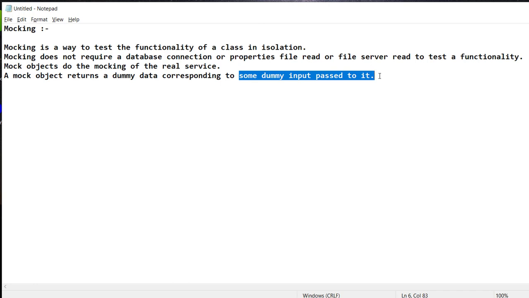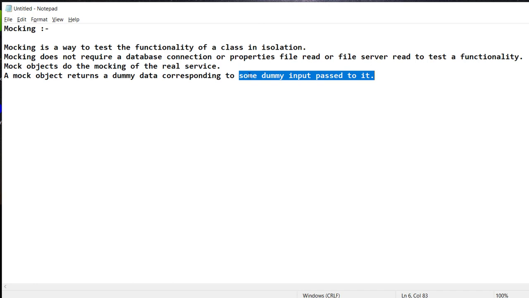The moral of the story is that we only want to test some functionality, and for that, if we call some services or establish some database connections, it could be more expensive. So we simply create some mock objects and mock data to work with the test cases and serve the purpose, as if it were using the same service.